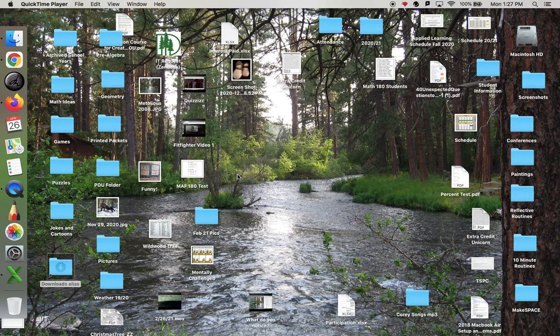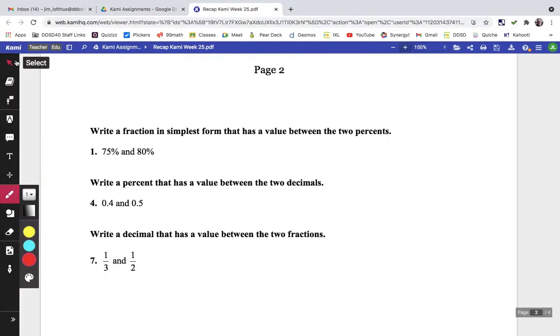This is a recap for Monday, April 26th. We worked on CAMI week 25. And so we did page 2, and it says write a fraction in simplest form that has a